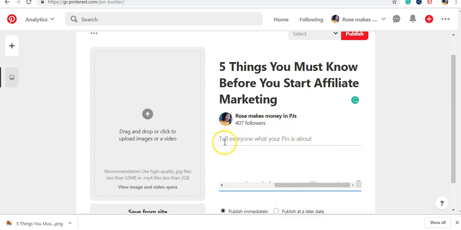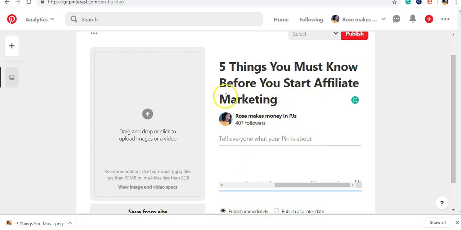As you see here, it says tell everyone what your pin is about. So my pin is about 5 things you must know before you start affiliate marketing. But you don't want to put this exact same thing here. You want to say a few things, and then you want to use some keywords,